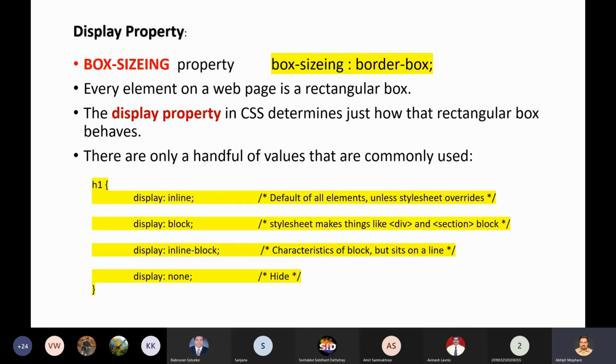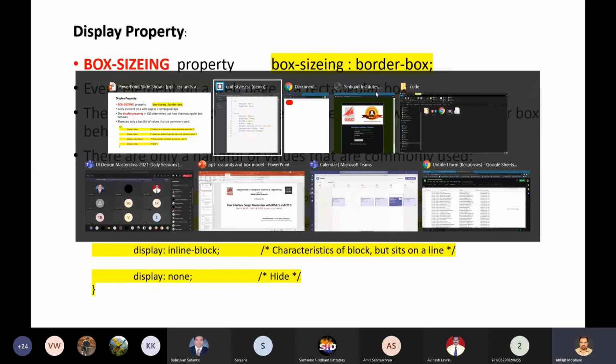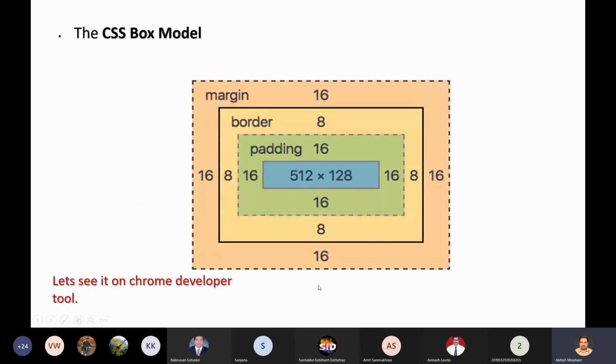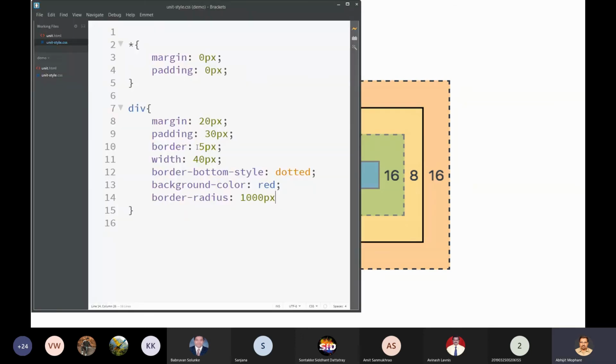Box sizing is another important property that we have to consider. Now what is box sizing? Box sizing relates to the CSS box model we have studied. Whenever you specify the height and width, if you do not specify the box sizing property, by default it is content box.